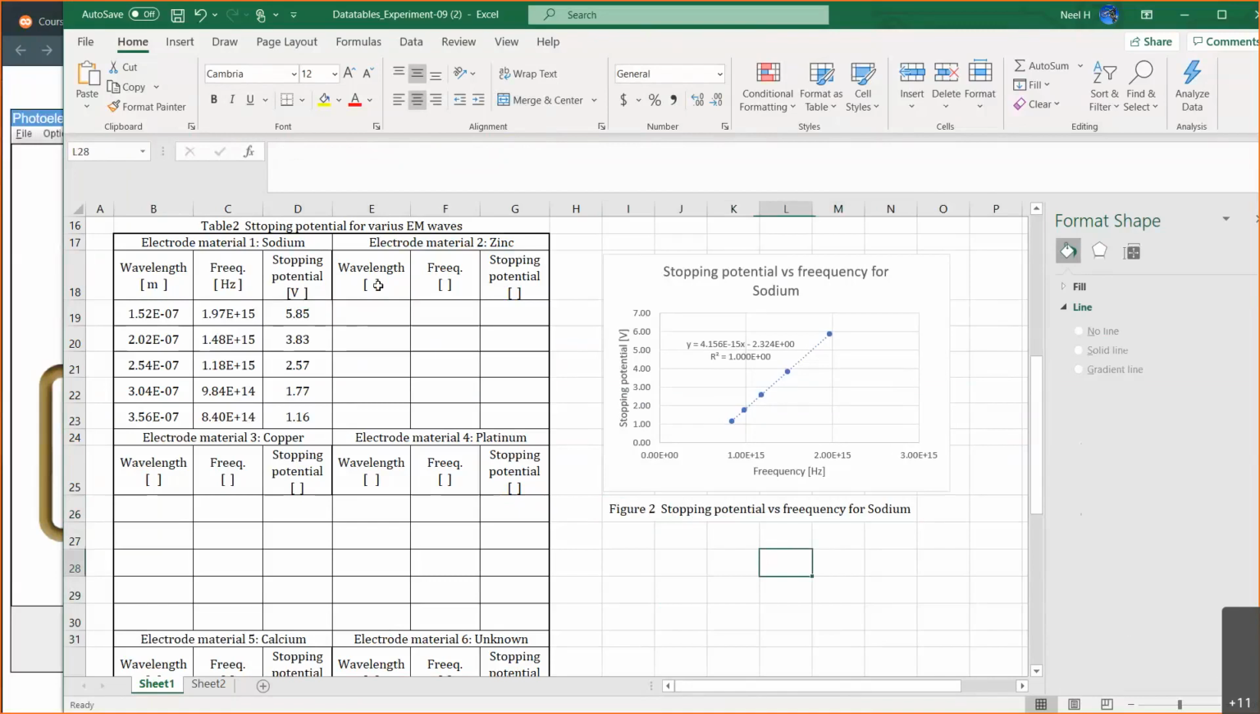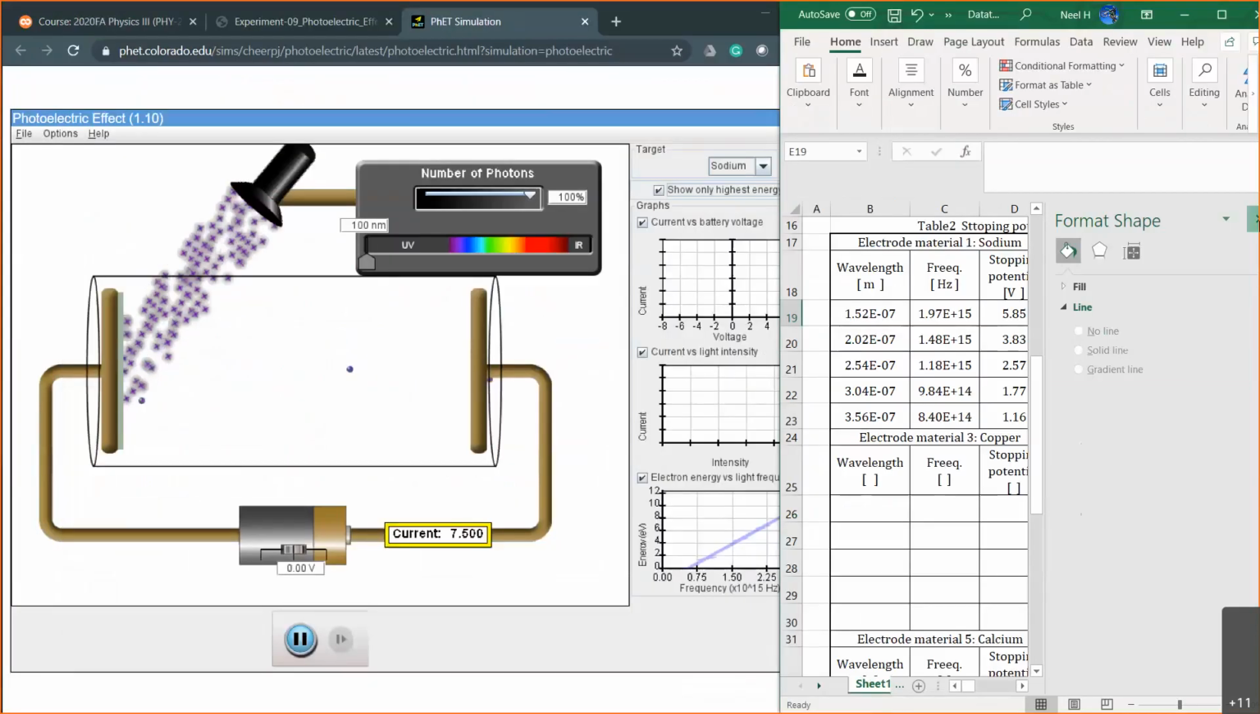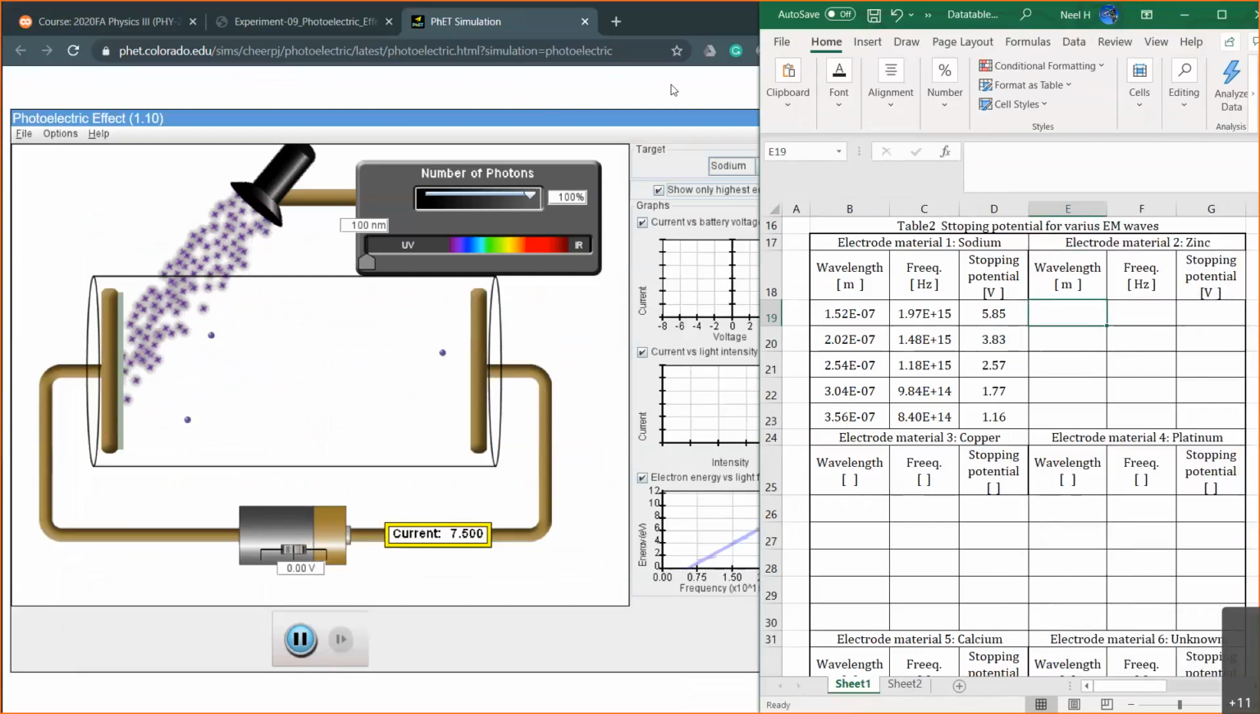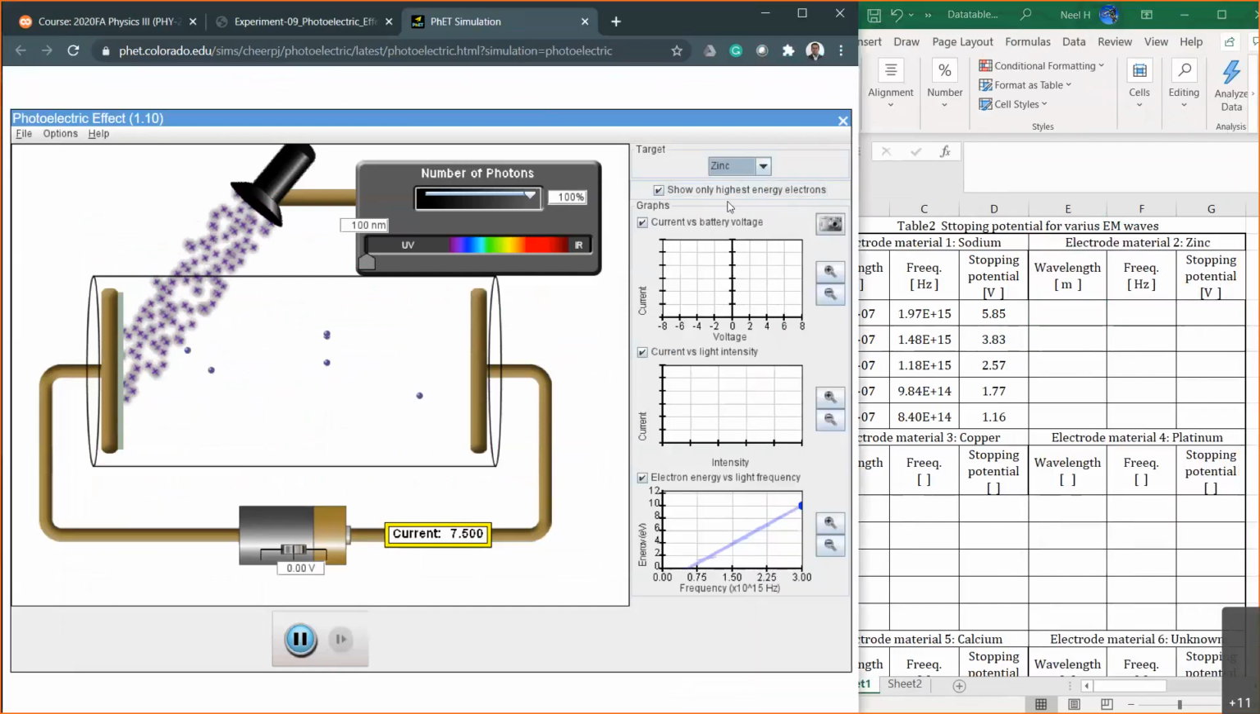Right, let's continue. All of these are going to be the same, right? It's nothing different at all. It's the same thing, and all we're going to do is change the wavelength and then check the stopping potential. Let's continue. And now to do that,